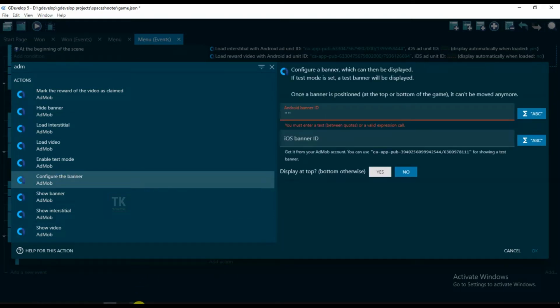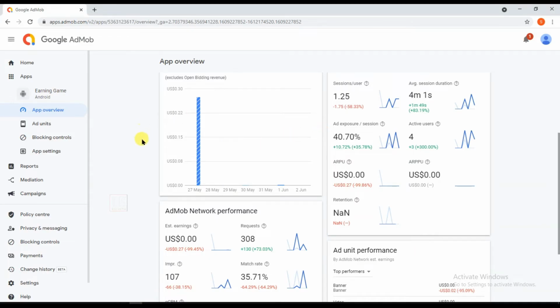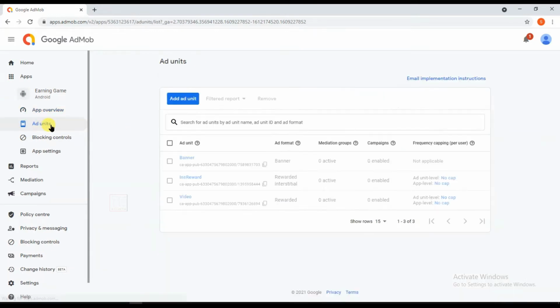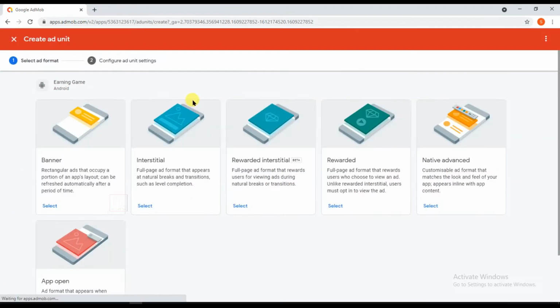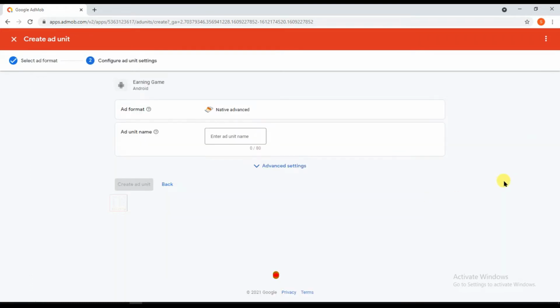Now open your Admob account and I'm going to create native ads. Click on add units, add unit. I'm going to create native advanced. Click on select button and type here unit name,